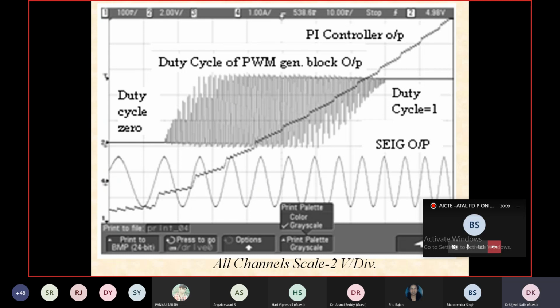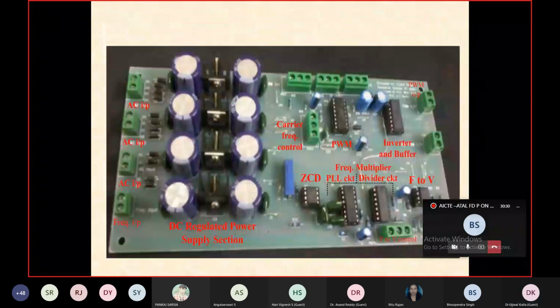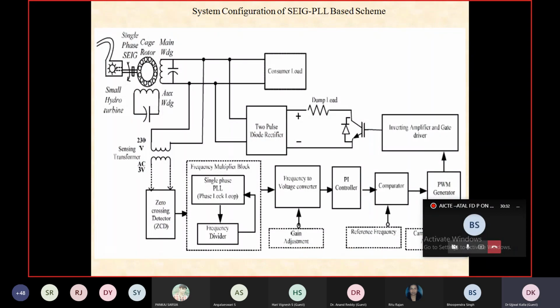The maximum variation in the system voltage is only 1 volt or 2 volts from no load to full load. Both voltage and frequency were acceptable as per the IEEE 519 standards of power quality. And in this present scheme, we have removed the capacitor